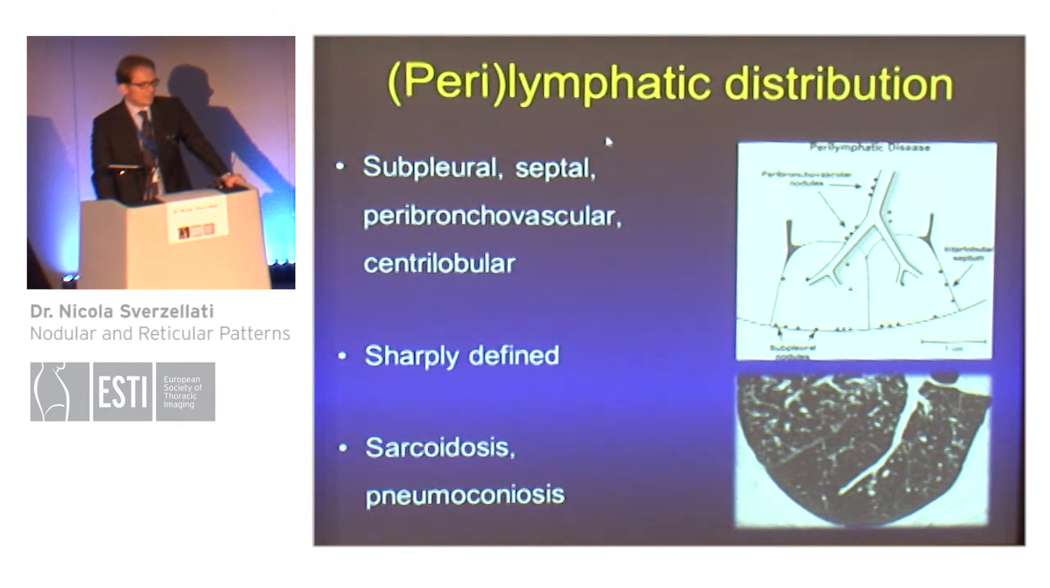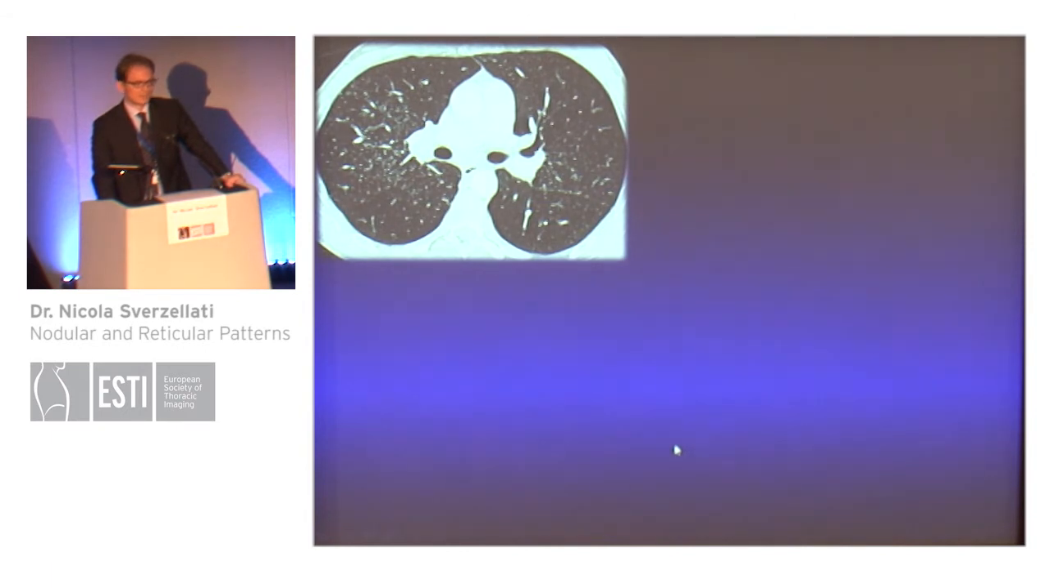The second type of distribution, the perilymphatic distribution: nodules can be seen that are subpleural, septal, peribronchovascular, and also centrilobular. They follow the course of the lymphatic vessels. They are generally sharply defined, and they are seen in sarcoidosis and pneumoconiosis. Let's have a look at 3 different examples of 3 different patients with sarcoidosis, and you can see that the